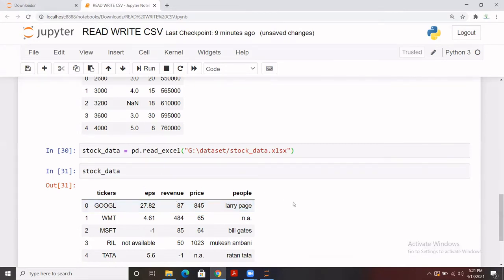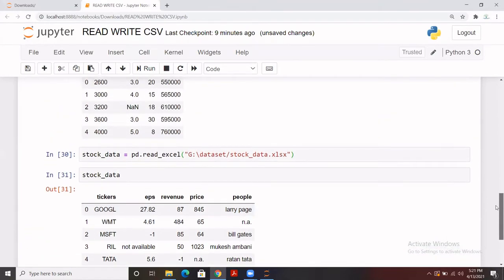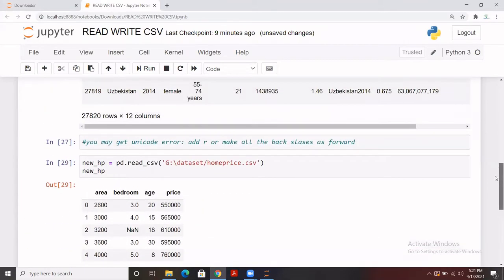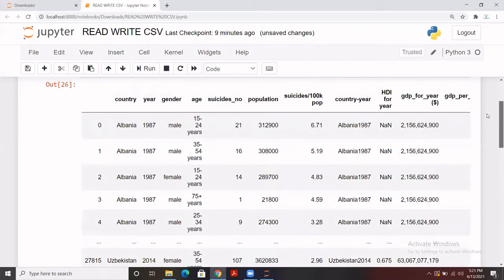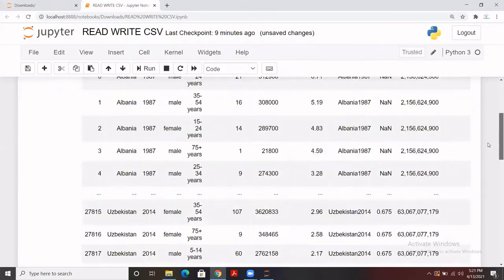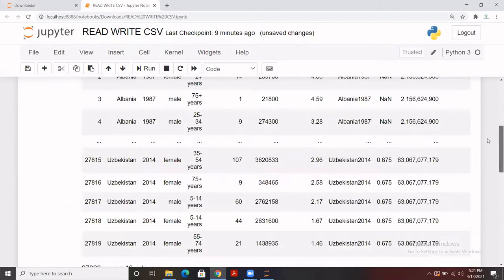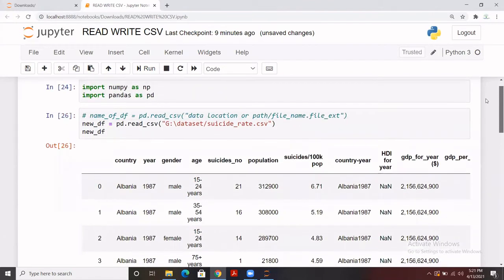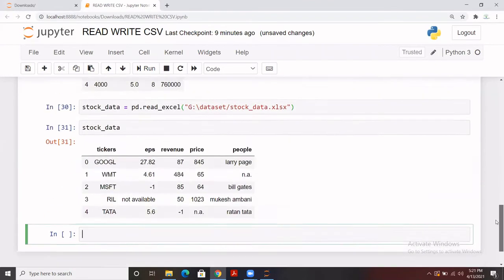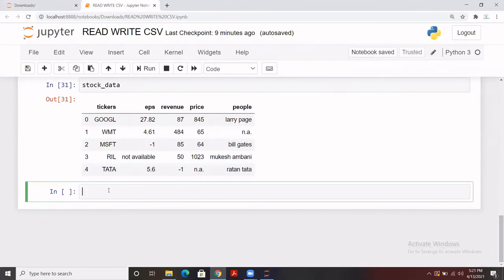Now these files have been imported, and these are pandas data frames for us. There are a few operations that we always apply on those data frames. For example, that's the name of the data frame.